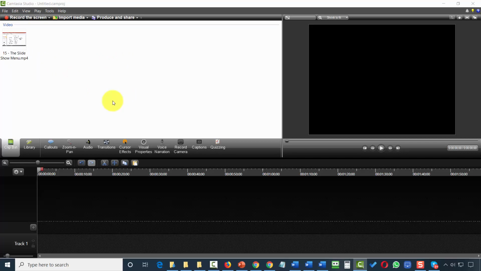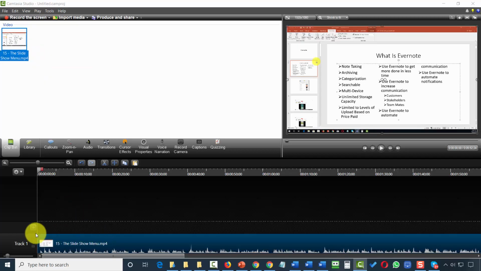Now, once that video is inside of our canvas, what we want to do is pull it onto our timeline. That will allow us to see both the audio and video at the same time. So we're going to right click and add this to the point at the playhead. Now again, this is only Camtasia that works this way. If you have a different editing software, you're going to need to pull it onto your timeline in the way